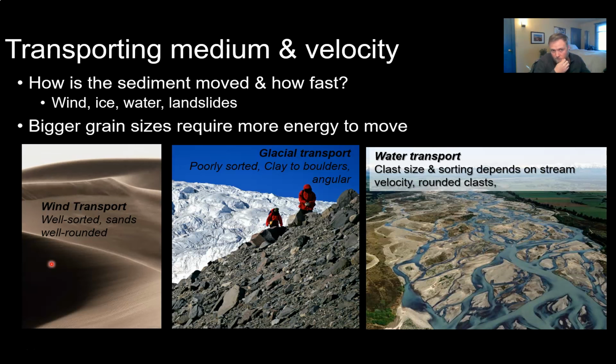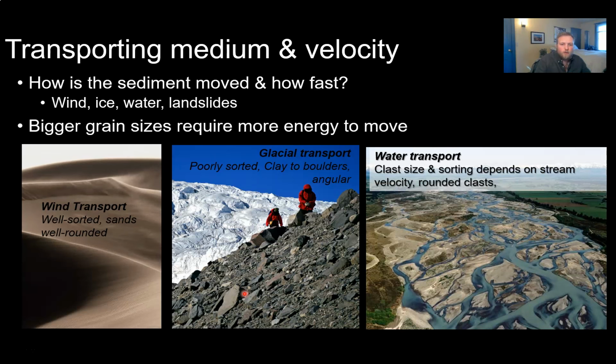Then we could think of another way that you could move sediment around, which is through glaciation. And we know from what we learned about glacial sediments that you end up with things that are very poorly sorted. You can have things that are boulders all the way down to clays. Things can be angular because they just get dropped off the side of a mountain and moved by the glacier. You could also have grains that get really well rounded by being underneath the glacier and being ground up along the bed, okay? And then what about sediments transported by